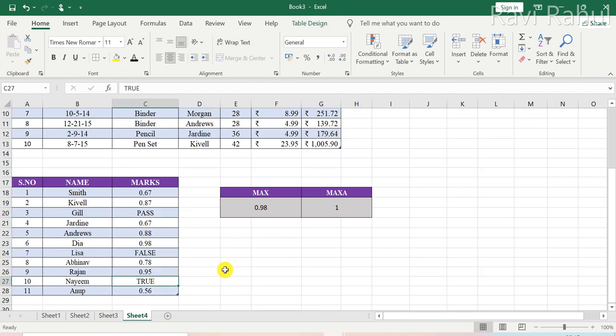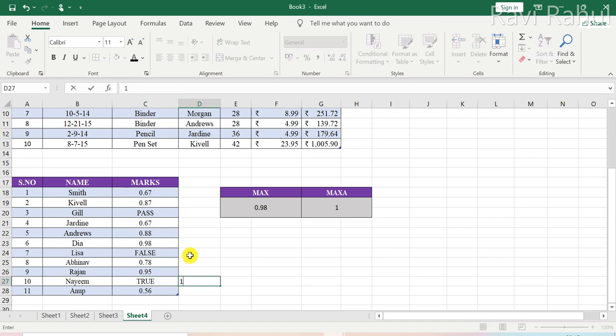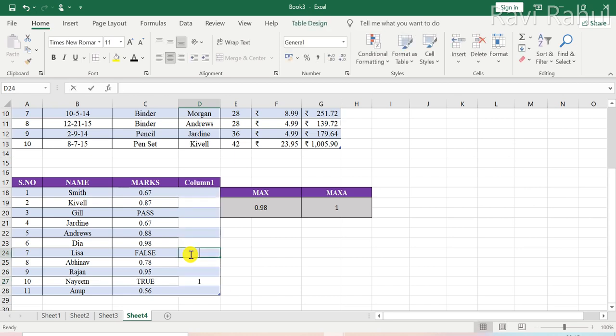So now why 1? Because a logical value such as TRUE is always stored as 1, whereas FALSE is always stored as 0, and any text will also be treated as 0.